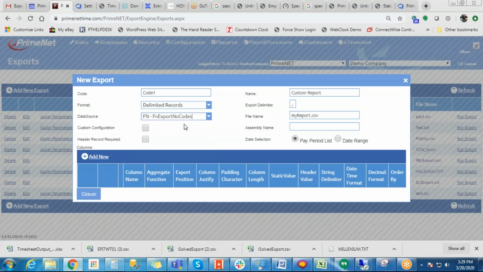That's used more along the line if you're going to build something that simply has a column for pay code and then a column for hours, whereas the no codes was written so that we can add regular hours, overtime, personal, things like that, and not have to rely on a simple pay code. If you want headers to be on the report, you would select header required, and then we're going to click